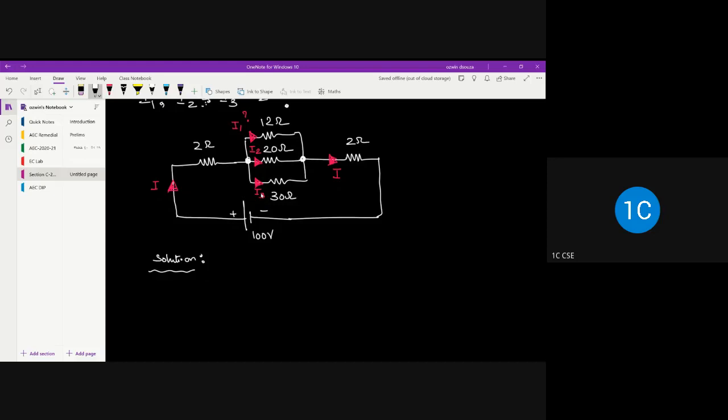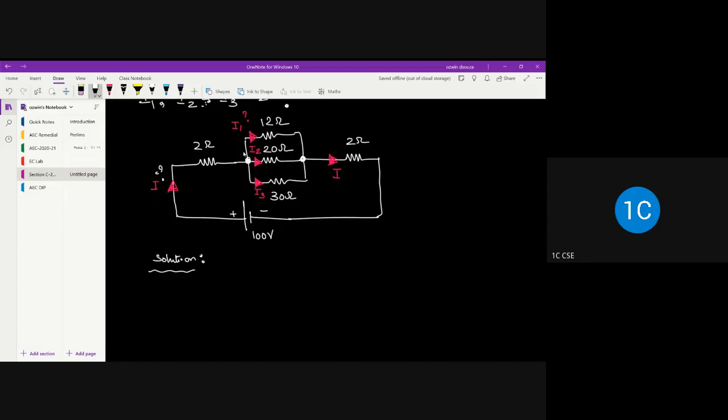So first of all, you know all the resistance values and you also know the applied potential. Probably you can find out the main current I. Once you have the main current, you can apply the branch current formula, provided you club the three resistors into two resistors. Somehow you have to convert this 3 resistance network into a 2 resistance network, and then you will be able to apply the branch current formula. That is one way.